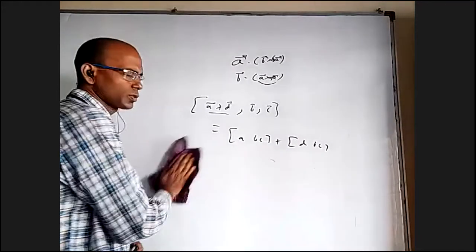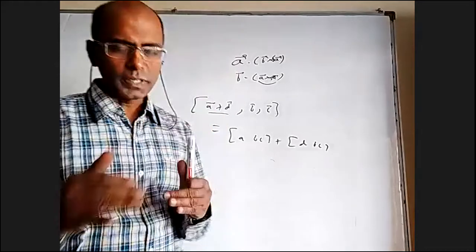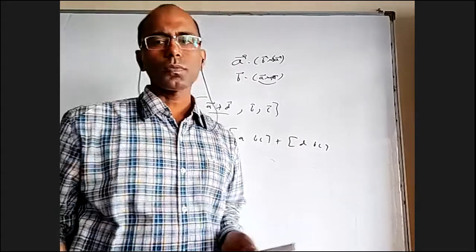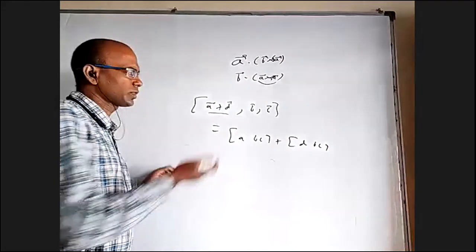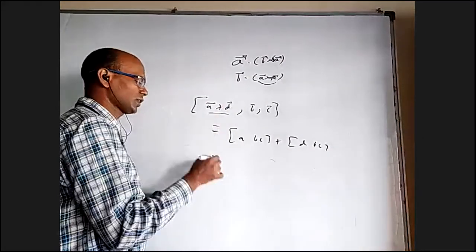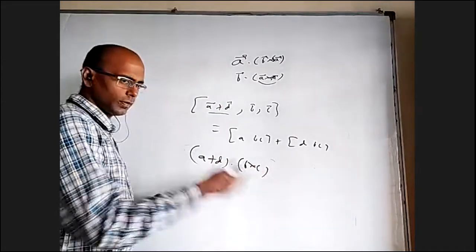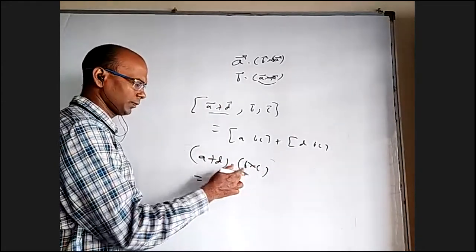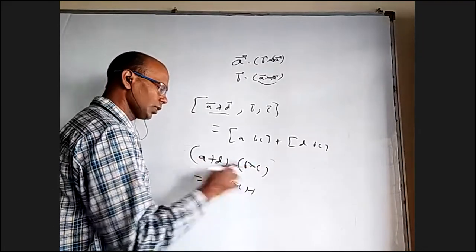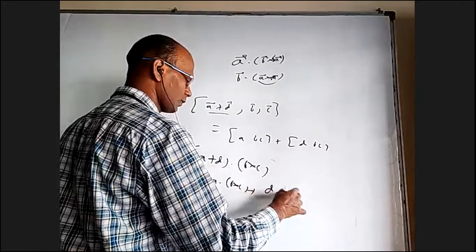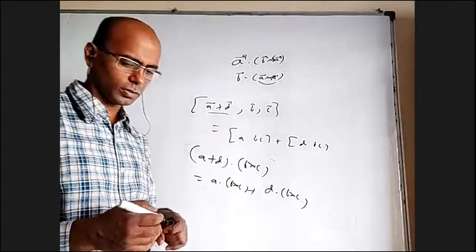Same thing in determinants also. We can write a determinant as the sum of two determinants where we can split only one row or one column. The other columns or rows have to be kept as they are. One may ask how to prove it. That's very simple. You write what is the first one here? A plus D dot B cross C. When you open it, you will get A dot B cross C or D dot B cross C. This is box ABC, this is box DBC. So like that we can split also.